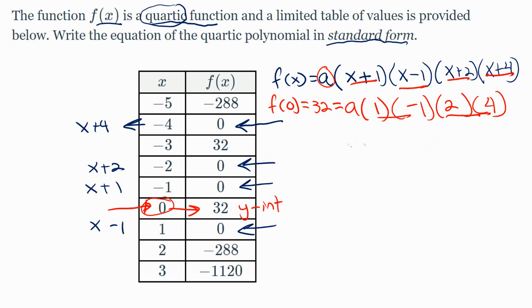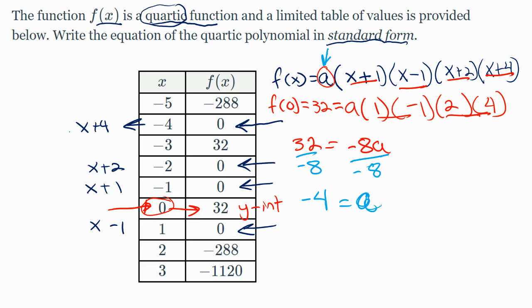So I get negative 8. Negative 8a equals 32. And then I divide both sides by negative 8 to isolate the a. And a is negative 4. So now I put negative 4 right there. And my job will be to